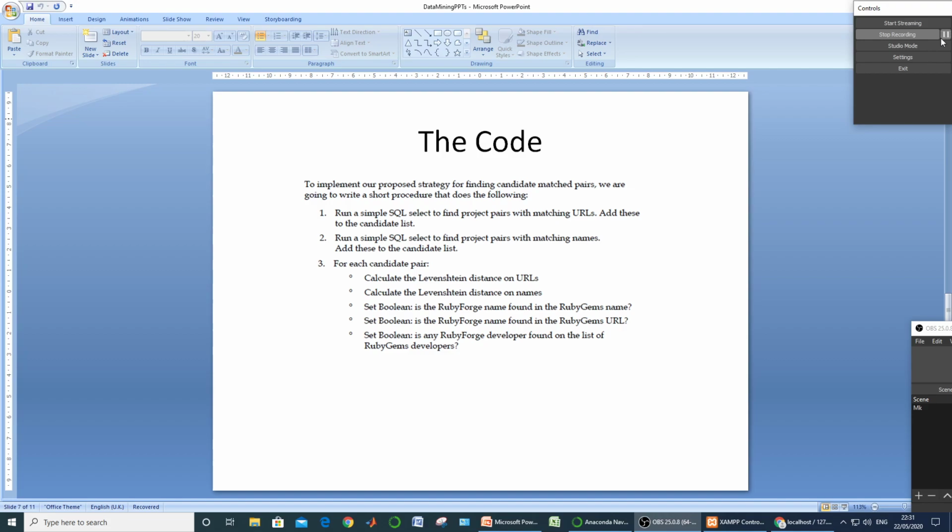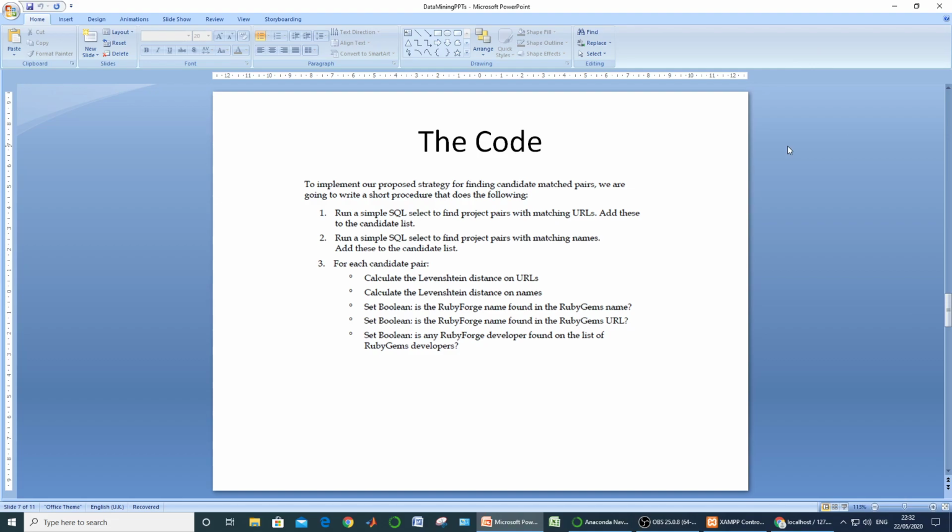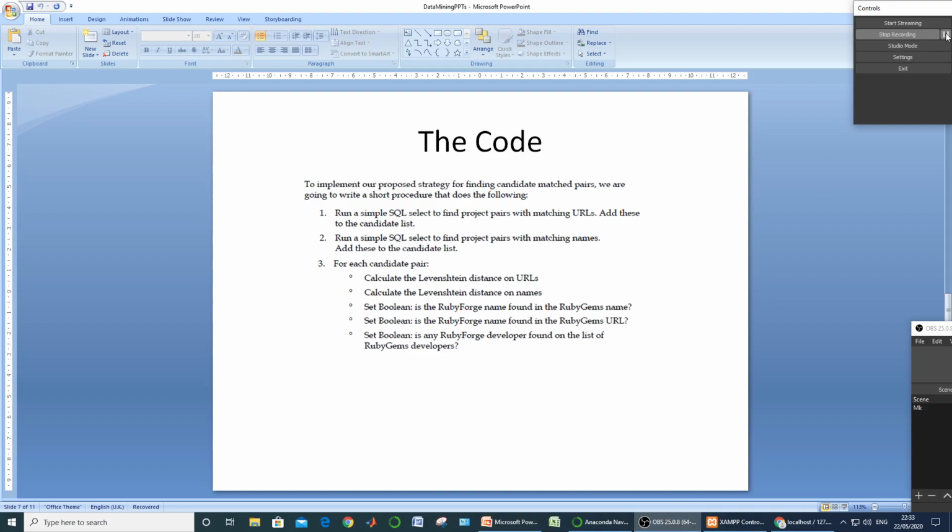So these 3 or 4 boolean variables along with these Levenshtein distances are going to act as our decision making parameters, decision making variables. So these were the steps which we should follow while finding the overlapping project details from these two organizations' data. Now let us pursue the implementation of the experiment.